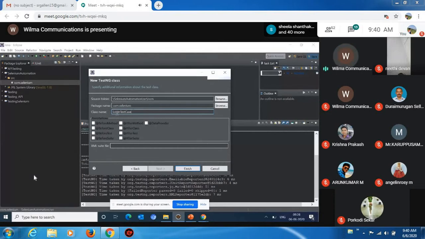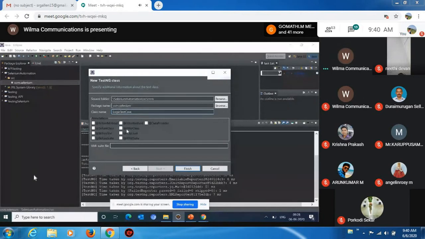Whenever I run, I want some prerequisites to be executed every time, but it should be executed only once throughout that particular test class. So I will use the methods before class and after class.